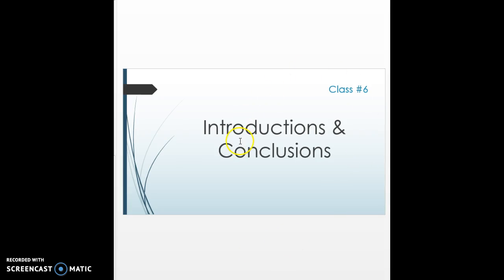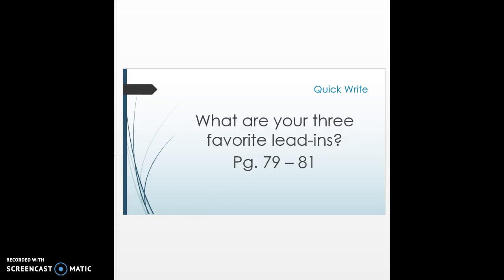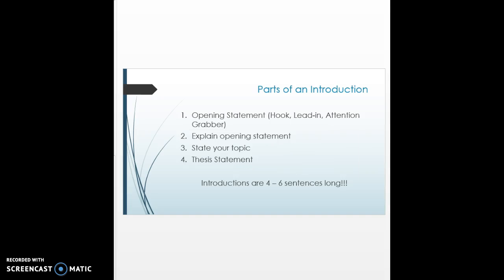During our sixth class, we reviewed introductions and conclusions. First, what we did was we made a master list of the best ways to write a lead-in for your paper. After that, we discussed the 4 parts of an introductory paragraph: opening statement, explaining your opening statement, state your topic, and then your thesis statement, for about 4 to 6 sentences